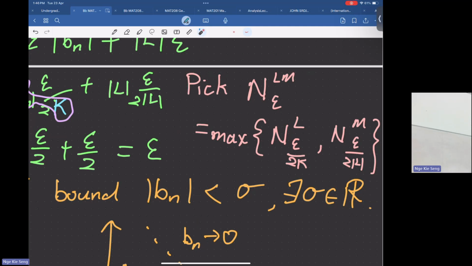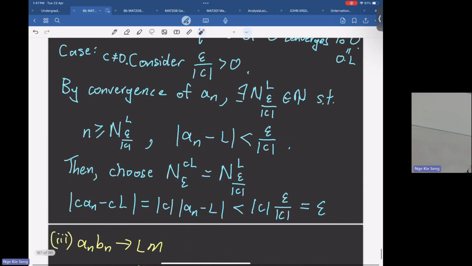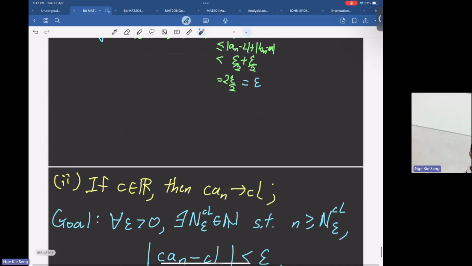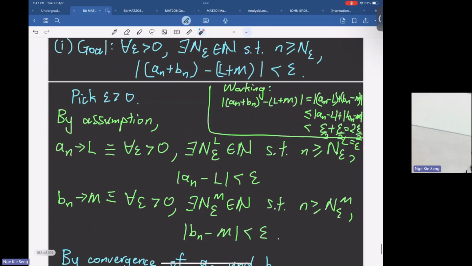But something that can be bounded by 0 is also bounded by 1, for example, or 2. So just use some larger positive number in that case, because it just acts as a bound for Bn. But L you cannot change. Something that converges to 0, you cannot say it converges to 1 or 2 or 3. So let's say L converges to 0. What happens to the statement?